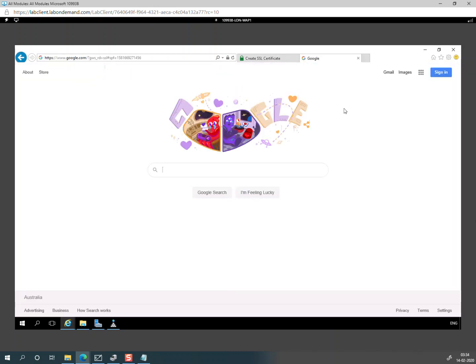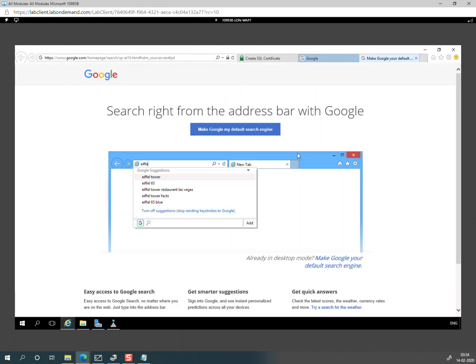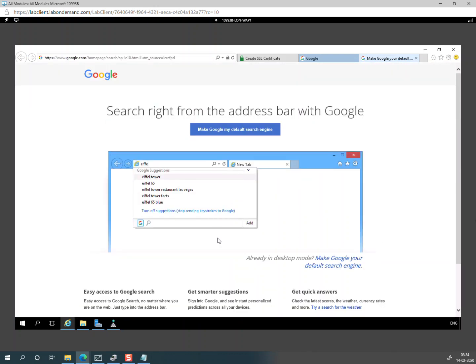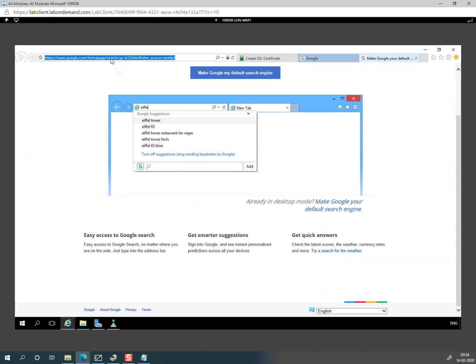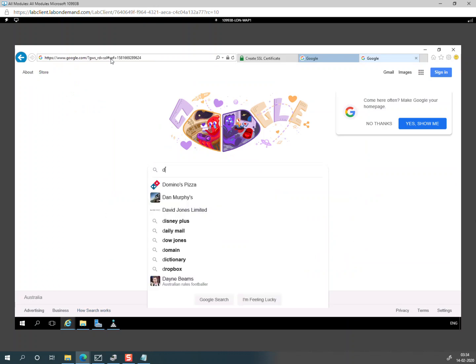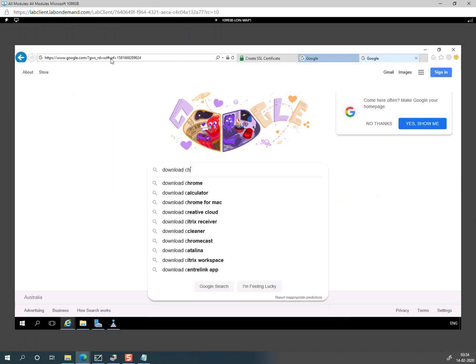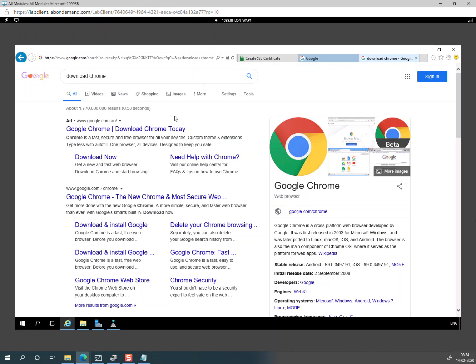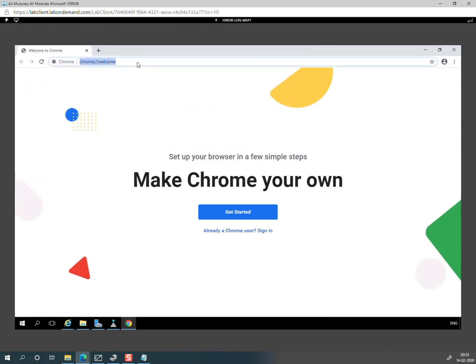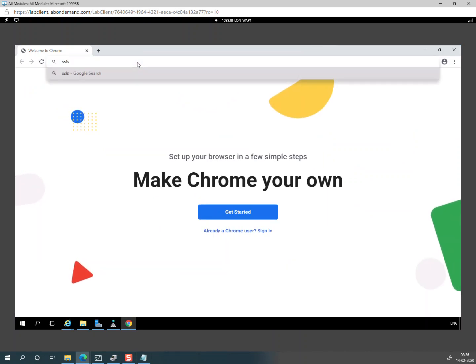I'll go to Google, because sometimes the page does not load properly when I'm using Internet Explorer. All right, so I got this Chrome ready, and now let's go to